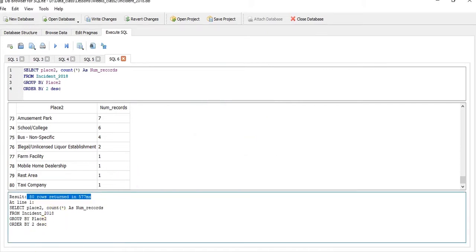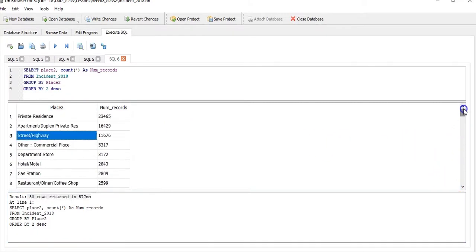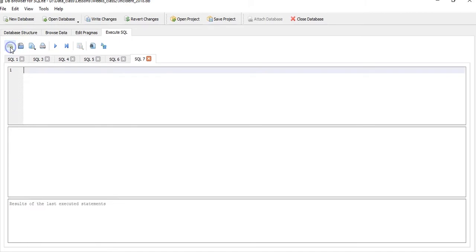Let's try another. Now you can add columns to your data. So say for instance, well, let me back up. We already found how many times each type of crime happened, right, in our first query when we counted offenses. And we found out in our second query where they happened most often. Now we can add those two together to add another column in our data and get a little bit more specific information. So let me open up a new tab right there,